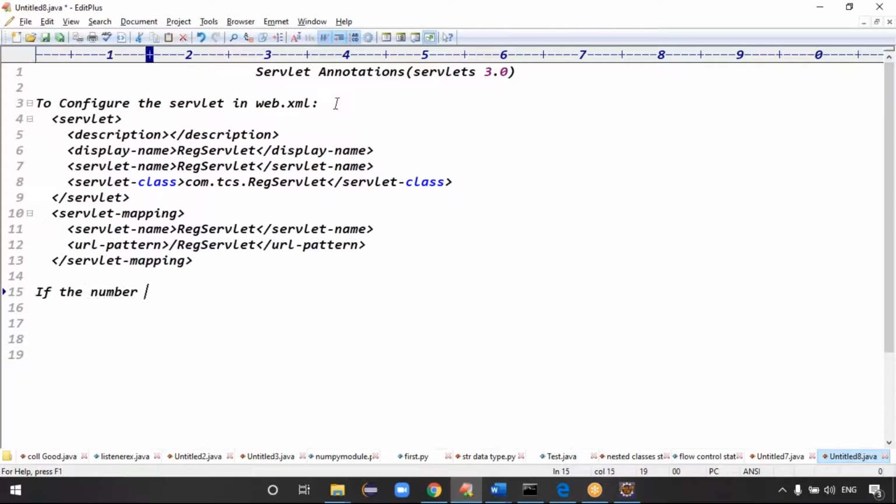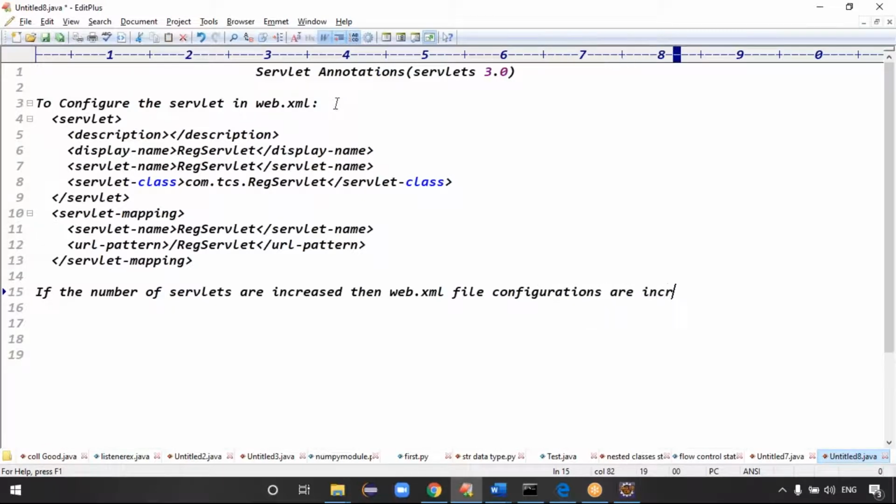Guys, if the number of servlets is increased, then what happens? The web.xml file configurations increase, right?